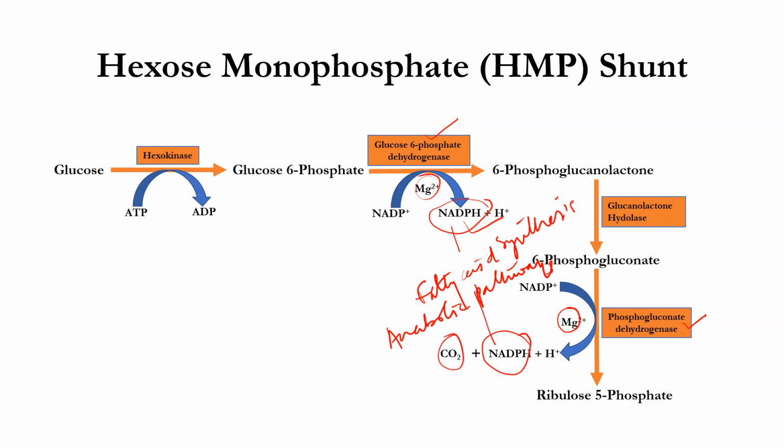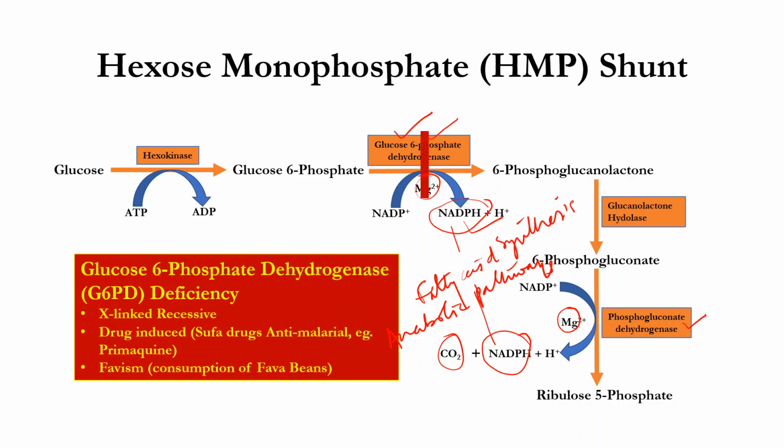Now there is one problem that can happen because of some abnormality or low quantity of this glucose 6-phosphate dehydrogenase enzyme. It is known as G6PD deficiency, or glucose 6-phosphate dehydrogenase deficiency. It is an X-linked recessive disorder, and sometimes in predisposed individuals there are certain drugs that can create a crisis. In this problem there will be hemolytic anemia. Many of the RBCs will die